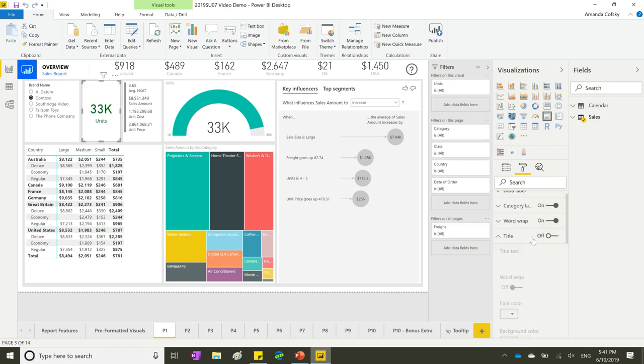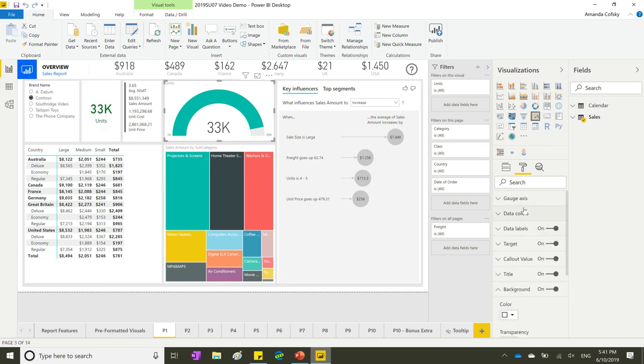We also now support the data label color, so the 33K in this card, and also the category color in the card as well. And then the third one, and I'll show them in action in a second, just listing them now. The third one is also the fill color for the gauge, so the color that's used to fill up the gauge. And so I've already set up conditional formatting rules for all of these visuals,